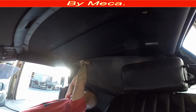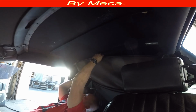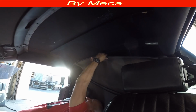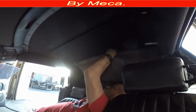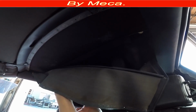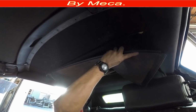I have to put that plastic inside that bar. It's not hard because the plastic is already molded. I am using the old plastic. You know when it's hard? When you buy a new headliner, because it's a new plastic, it's hard to get it in there, hard. And sometimes you can't put them inside. You have to